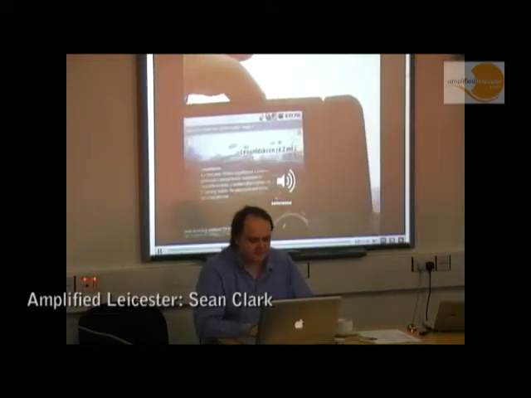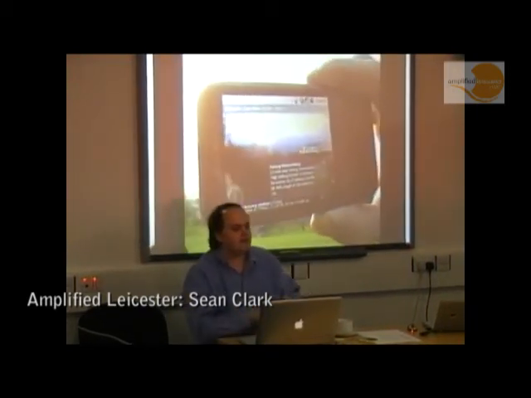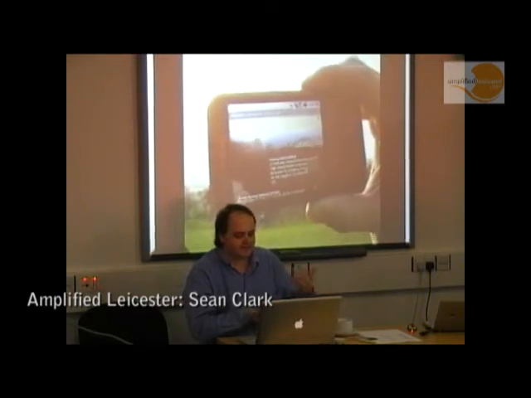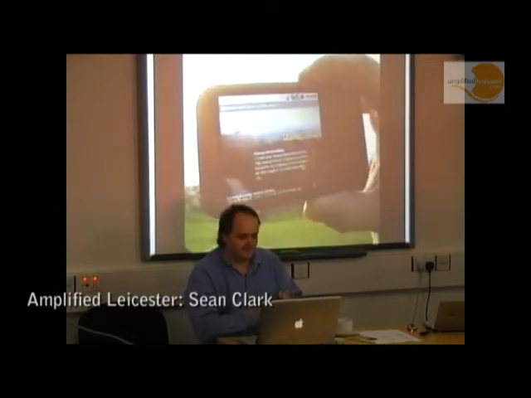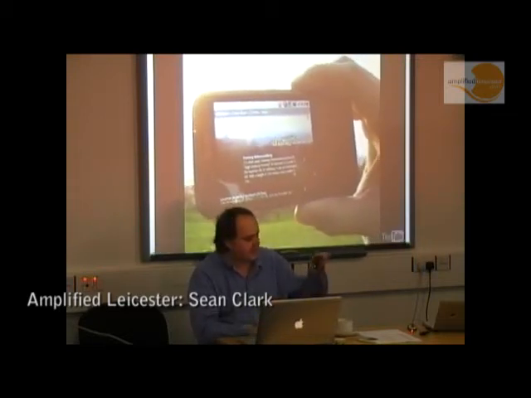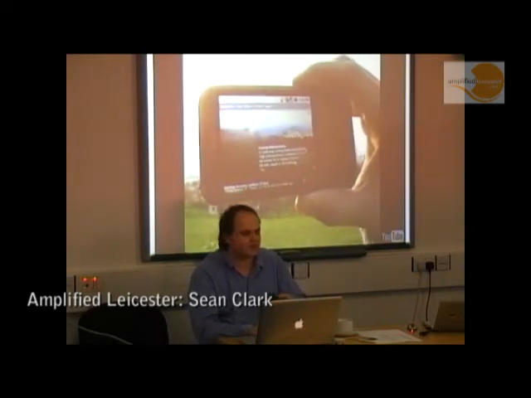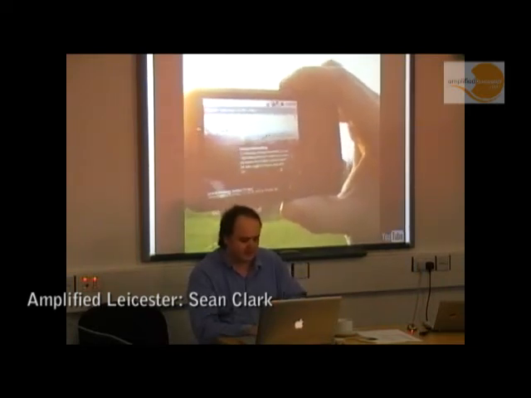So, what the person's doing here is as they pan around this landscape, some of this social content is being embedded on top of the view that you're seeing. So augmented reality is about a much more seamless integration of this location information with the real world. And I like the metaphor of using the device, I think this is an Android device, as a window, because it feels quite familiar. Often user interfaces can be very contrived, and you think, well, how does that work? But this seems quite natural.